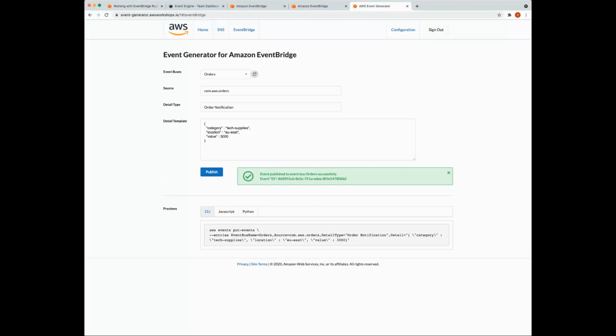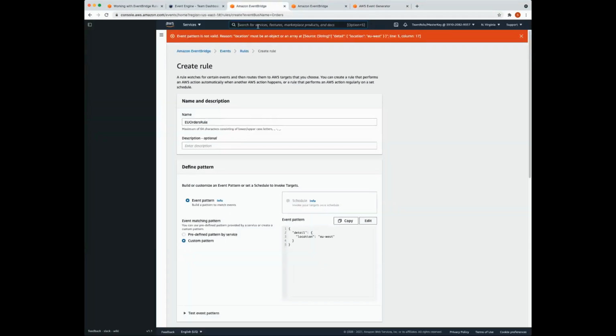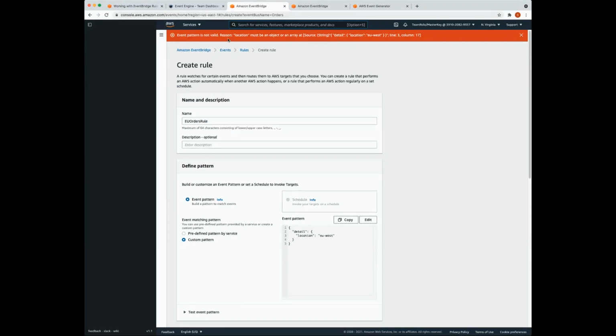And now we're going to verify the workflow execution for our Step Functions. So we're going to head over to the, so actually, okay, this event pattern that I put in is actually invalid. So let me edit this.